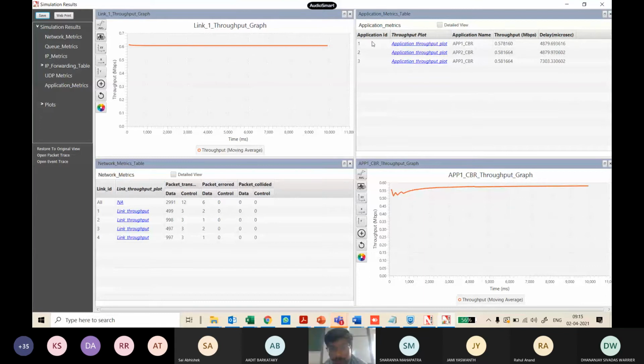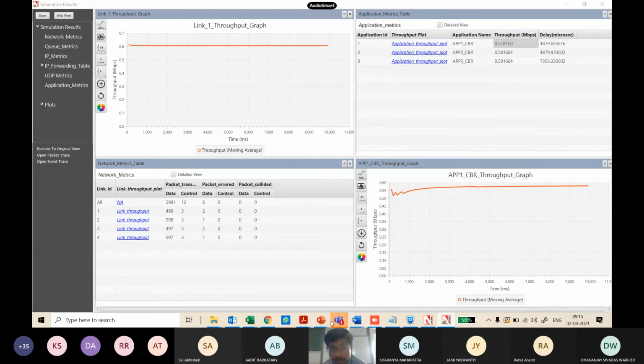Here I have created 3 applications. Each application has an ID, and the application throughput value is displayed here, and the application delay is displayed here. Now my next question to you is this.